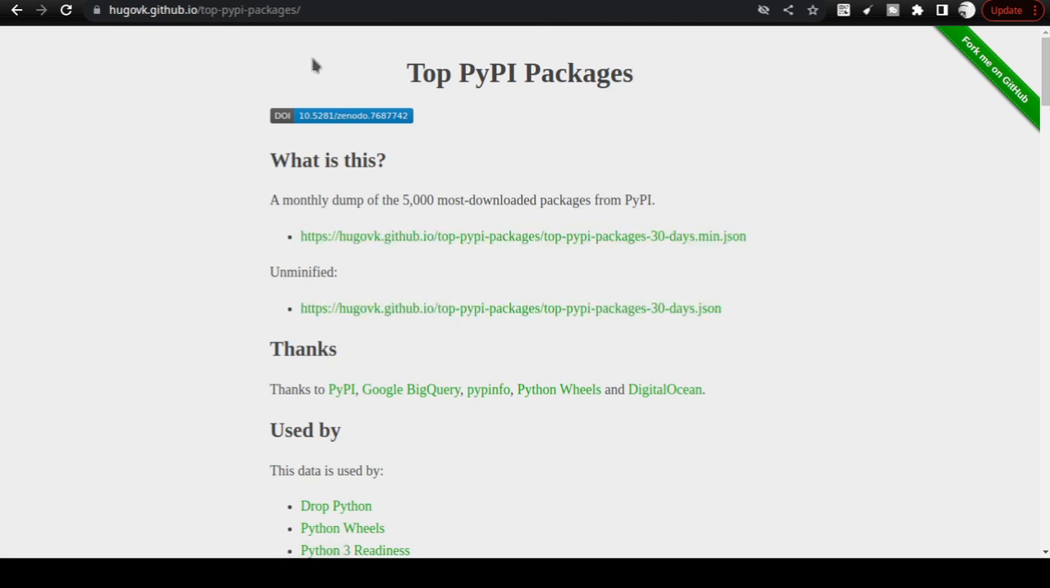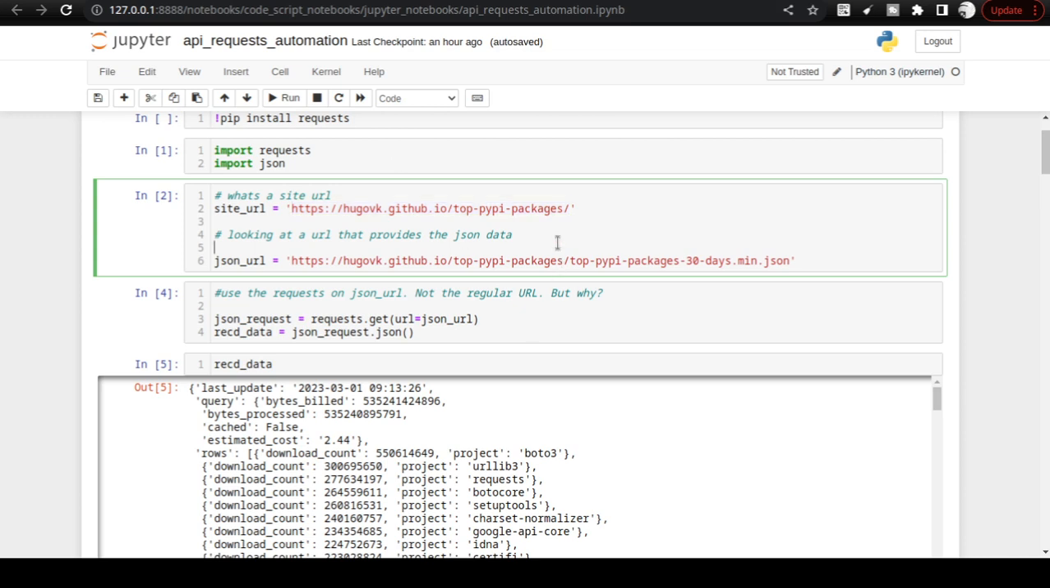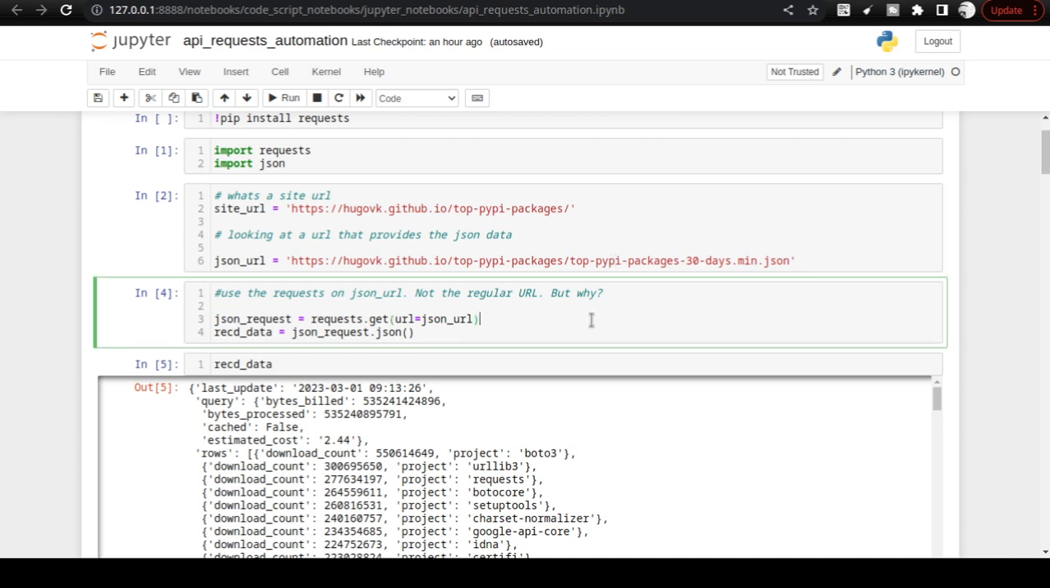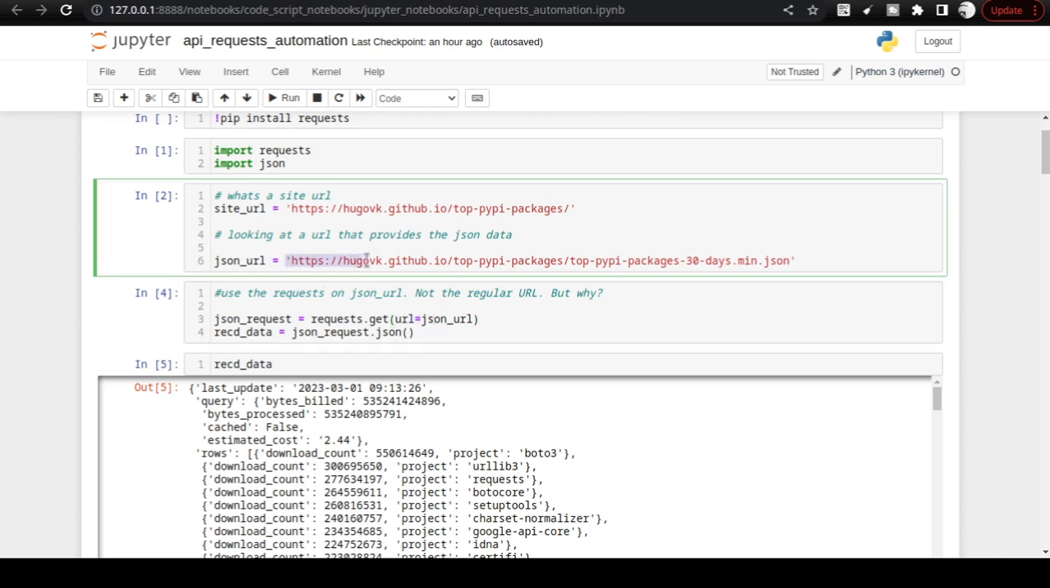What we are going to do is download those top 5,000 packages by using this URL. You see the end of the URL is saying JSON, so this URL will give me the JSON file directly. Okay. And I can use the requests library to get it. To get the data, all you have to do is requests.get,